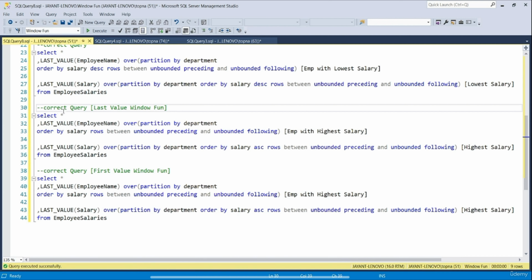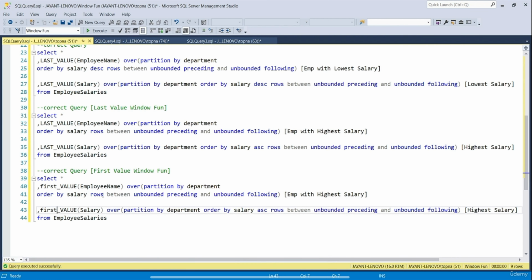Now, since I want this first value window function to give me the same output as that of the last value window function, first of all, I will replace this last value by first value. So in place of last, we may simply write first. And then here as well in place of last, we may write first